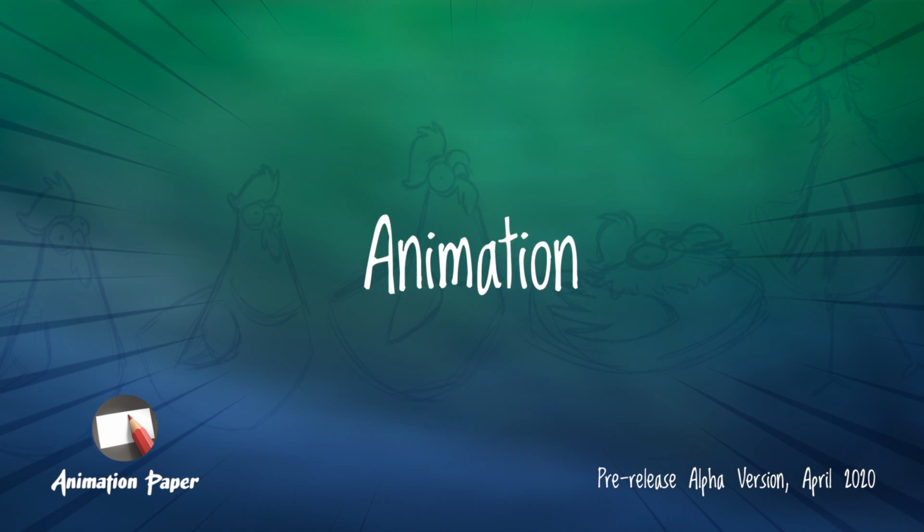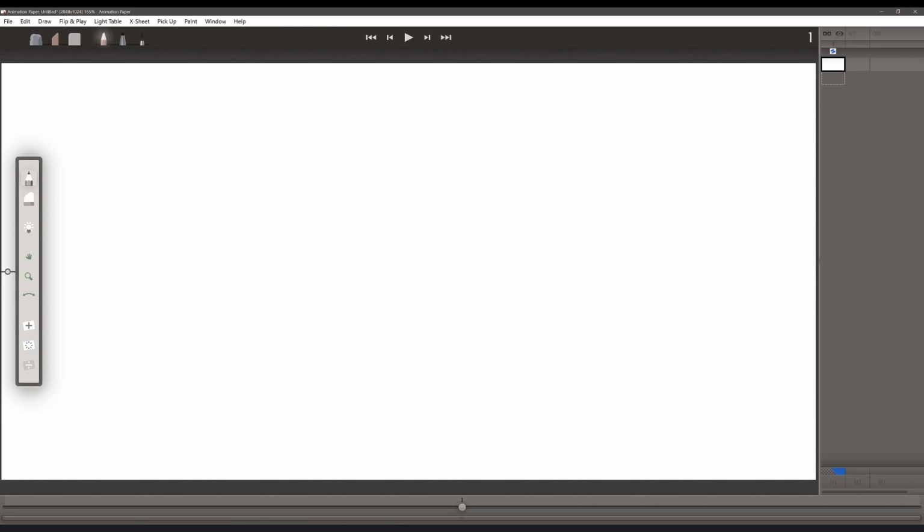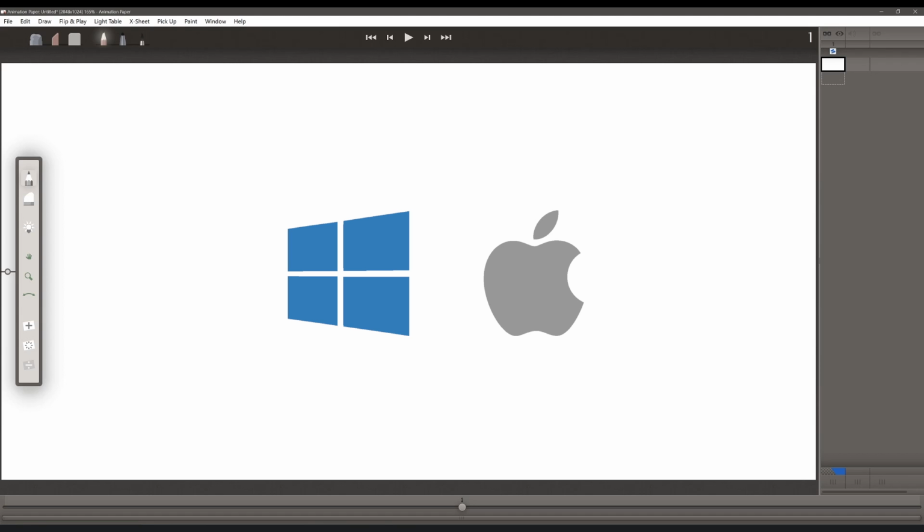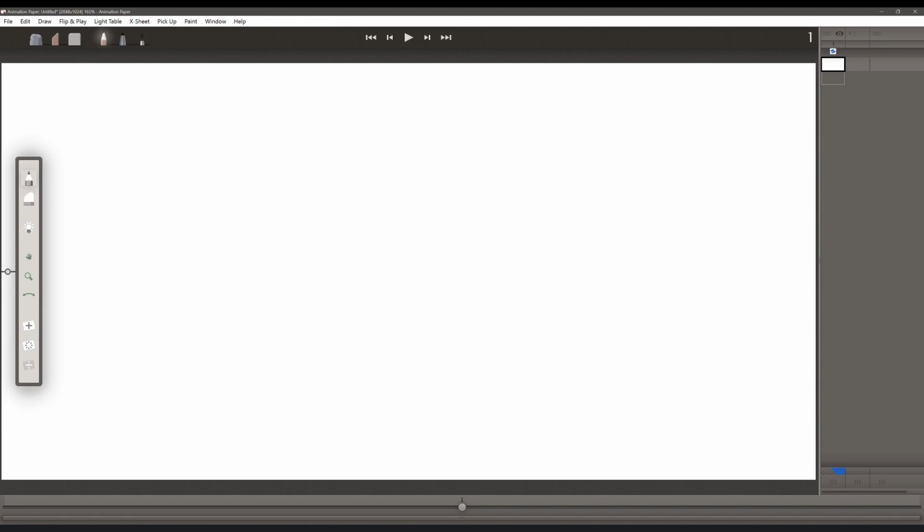Hello, and welcome to the third part in the introductory course for Animation Paper, a simple and powerful tool for creating hand-drawn animation on PC and Mac. In this video, we're going to be going further into depth in the animation workflow and working with the xsheet in Animation Paper, including working with drawings, establishing timing, navigating through your drawings on the xsheet, and working with clone